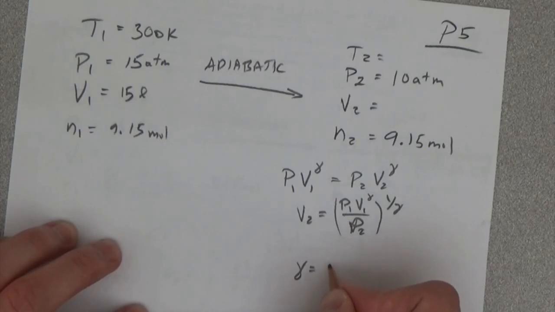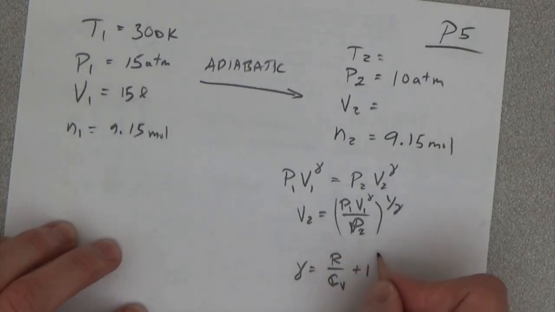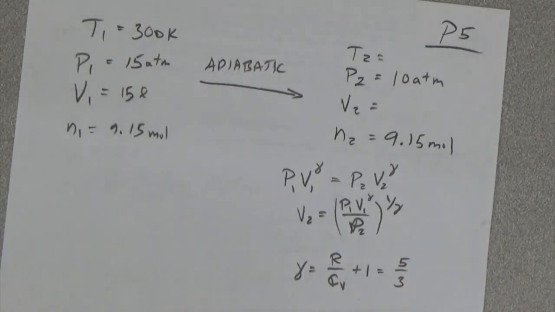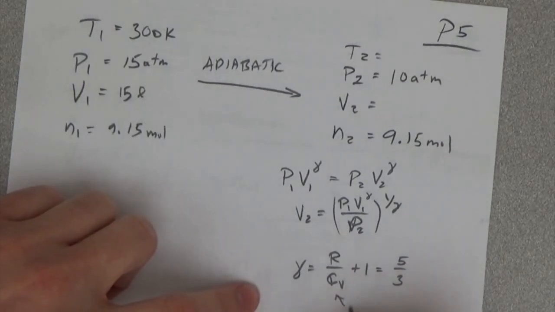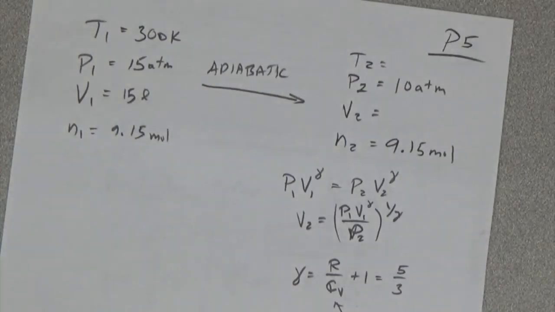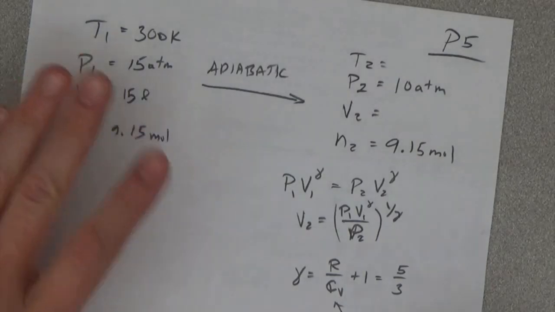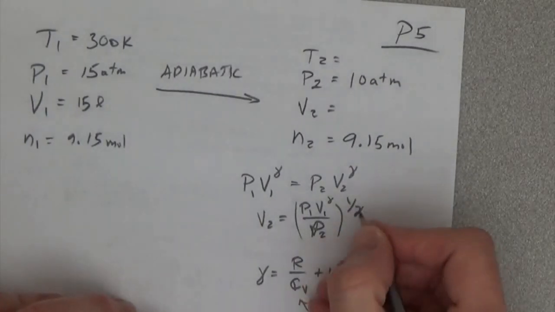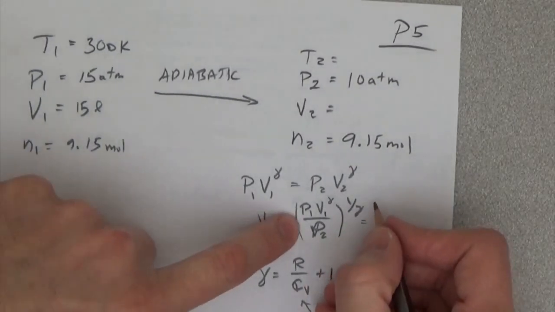Gamma is equal to R over CV plus 1, which is equal to 5/3, using that CV is equal to 3/2 R, and substituting here, we get